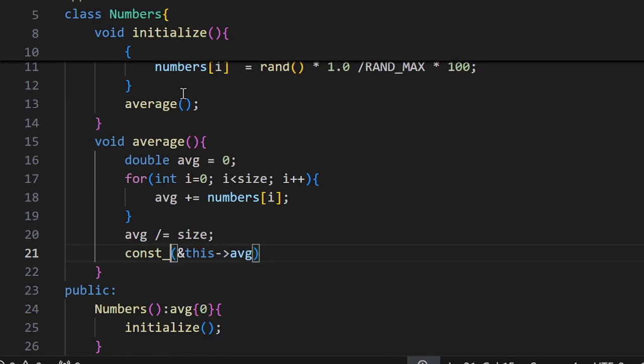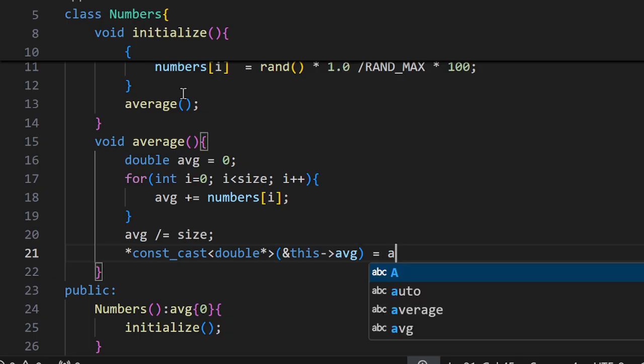Use a const_cast to double pointer, because this is an address, so you should cast this to the pointer. And if you want to access the memory, you need to dereference it. And after that you can set the computed average value to it,